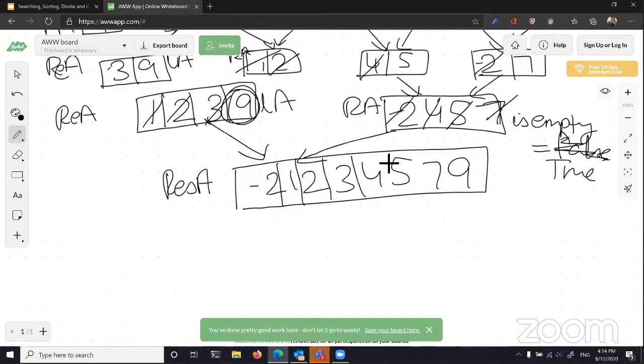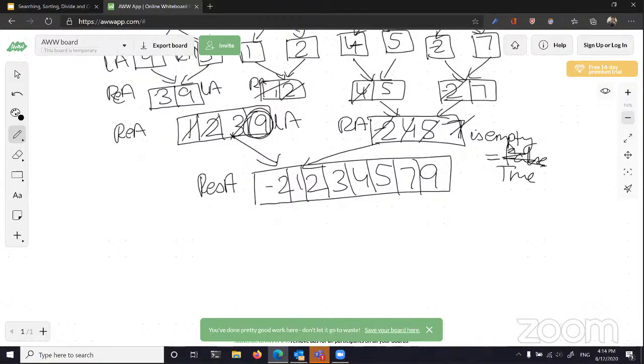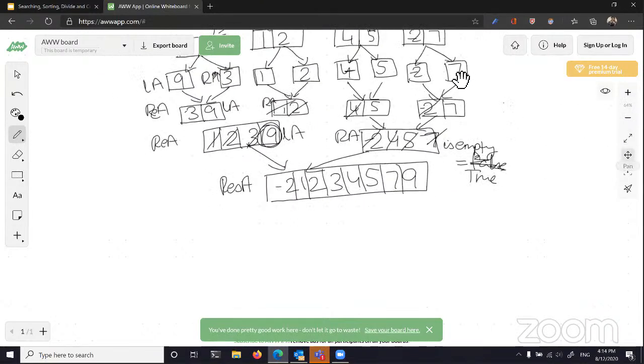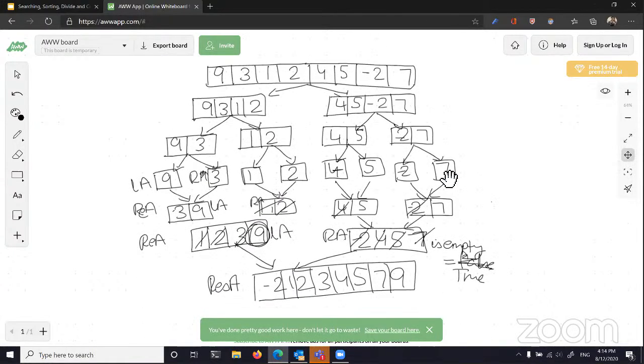And this is how merge sort works. So now we can see that by just using a bit of recursion and a bit of intuition, we can see how we can make a much more efficient algorithm of merge sort. And just like the previous example, since we're dividing it into multiple recursion steps,